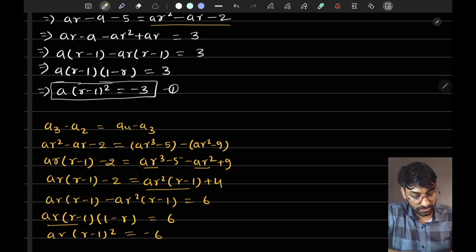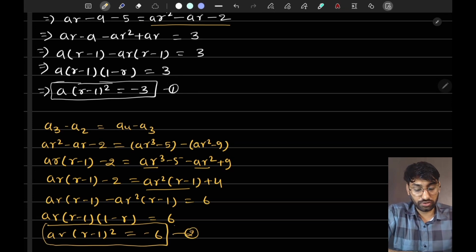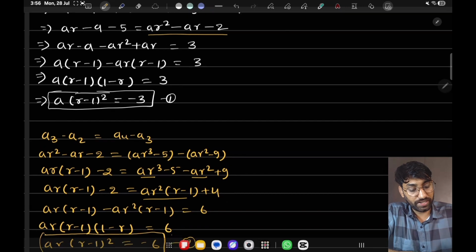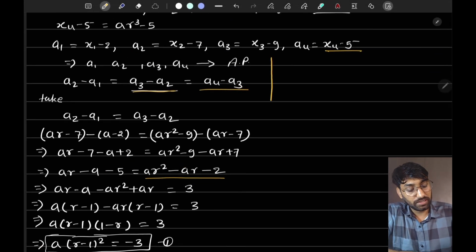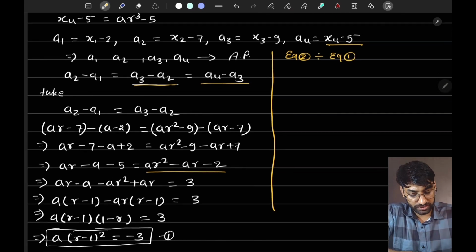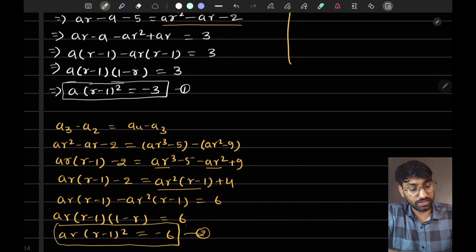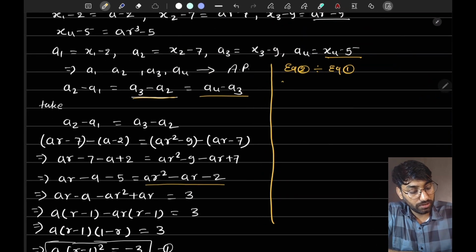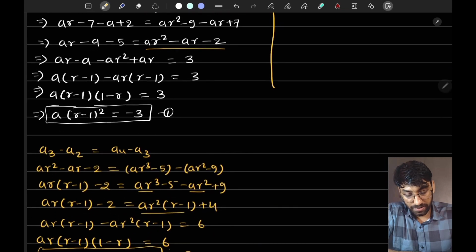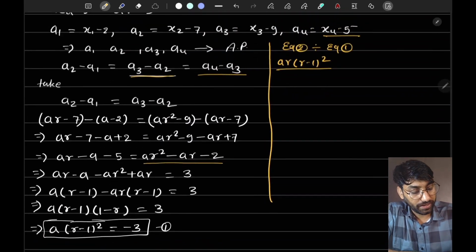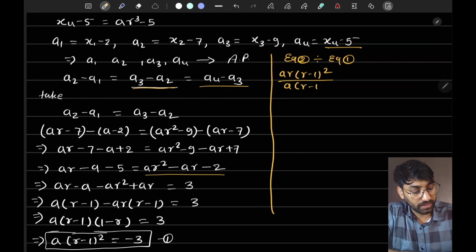Another piece of information that I am having. Correct? So I am having two equations and two unknowns. So what will I do? I will just divide equation 2 by equation 1. Let me make some space over here. So equation 2 divided by equation 1: AR into R minus 1 the whole square divided by A into R minus 1 the whole square. That is nothing but